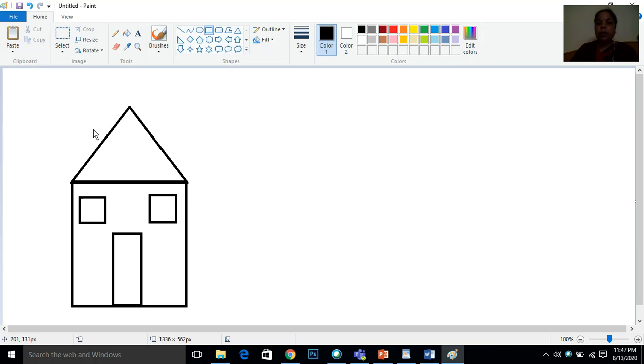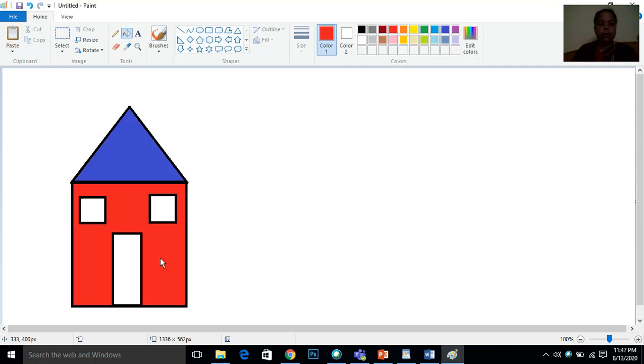Now I want to fill the color in this hut. So at first I will click on the fill with color tool. Now I will choose the color from here. I am choosing this color. Now I am choosing red color from here. Now I am choosing different colors from here. I am just choosing green color, and now I am taking one more color. It is not looking good, so I am just taking yellow color to fill in this. Now you can see here that I have drawn this hut.